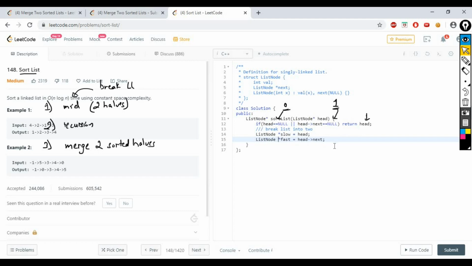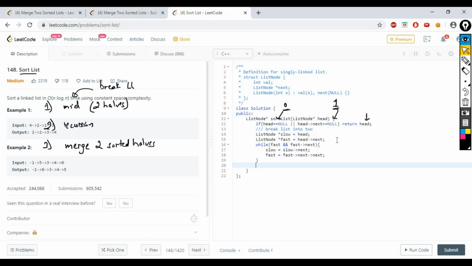So we have initialized our slow and fast pointers, and now the standard condition: while fast exists and next of fast exists, slow will take a jump of 1, so slow equals next of slow, and fast will take 2 jumps. So fast is moving at twice the speed of slow. Now when we come out of this loop, our slow pointer is pointing to the middle node.